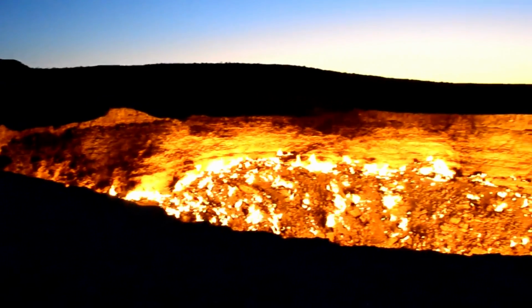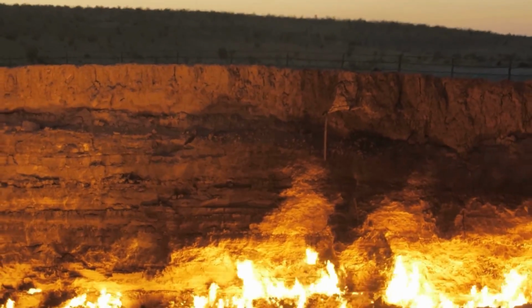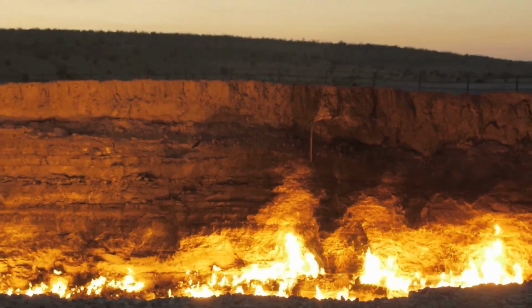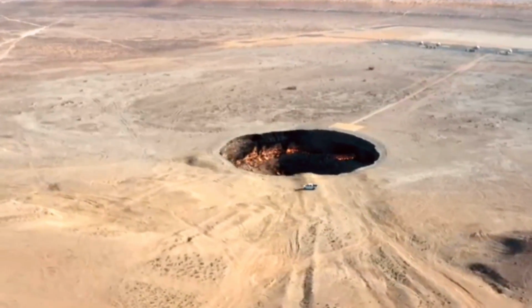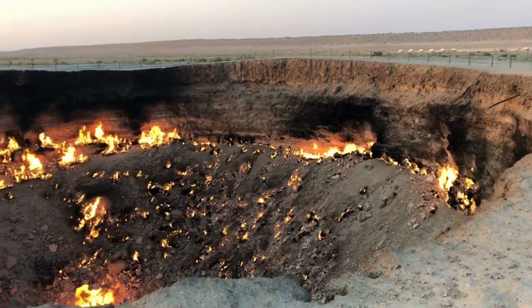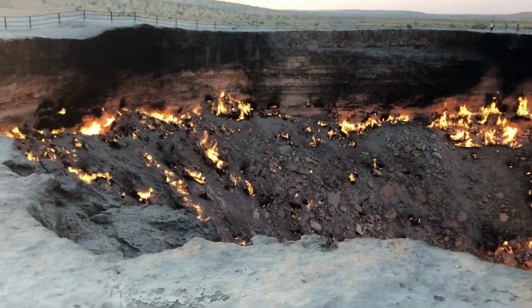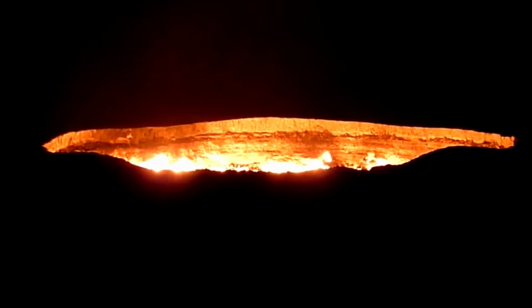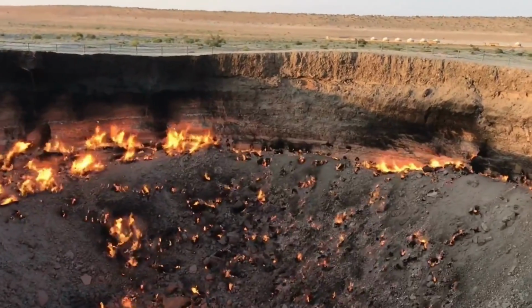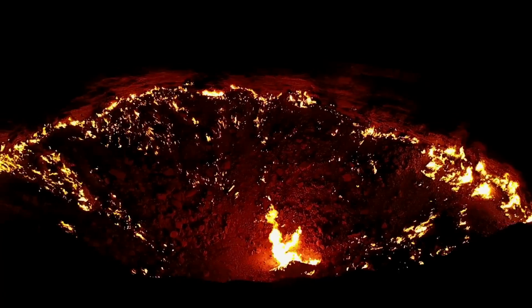The gates of hell are in Turkmenistan. Okay, maybe we're being dramatic, but a strange phenomenon known colloquially as the gates of hell exists in Turkmenistan. It's in the middle of the Karakum Desert, and it's been on fire for exactly 50 years as of 2021. Its less awe-inspiring name is the Darvaza gas crater, and it was created in 1971 after the Soviets had a mining mishap. The drilling operation broke into a previously unknown gas cavern underneath the ground, releasing dangerous amounts of methane